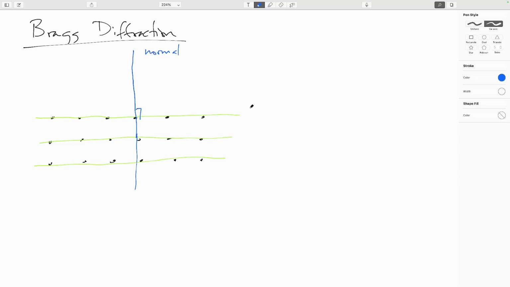So these are different layers of atoms in my crystal. And we can go ahead and send some X-rays in. So let's say I have some X-rays coming in